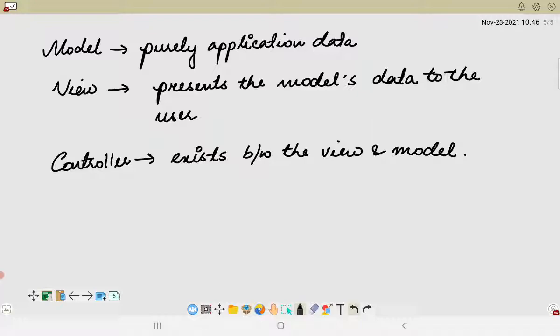Okay. Now, before we go into the technicalities of the MVC architecture, we have to understand certain concepts. We explained that it is a design pattern. A design pattern in software engineering is basically a technique to solve commonly occurring problems when designing software.